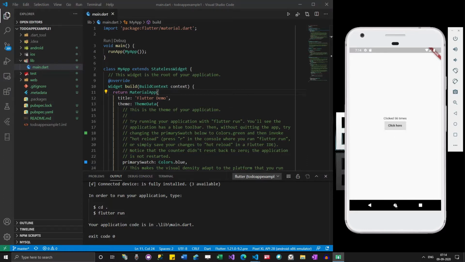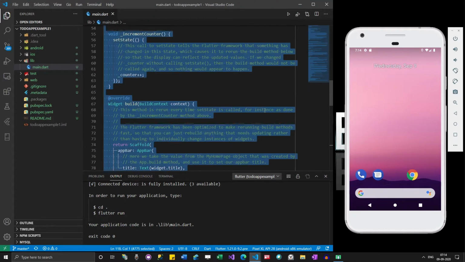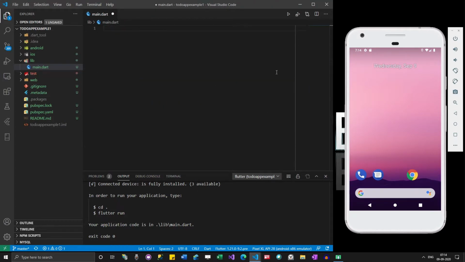It's working now. Okay, so I will remove everything from here. We have decided to do a to-do app. Before doing anything, I'll just write a very simple code in main.dart to check whether the Flutter framework is running fine or not.